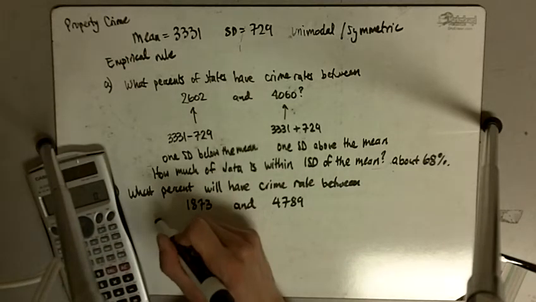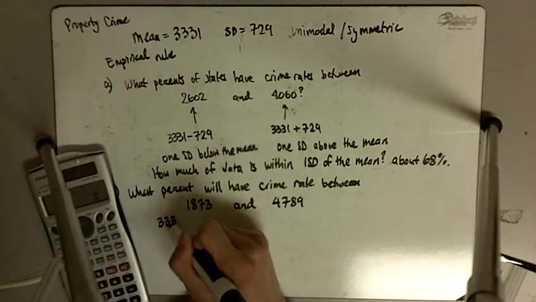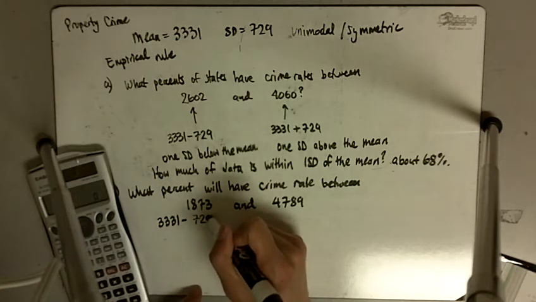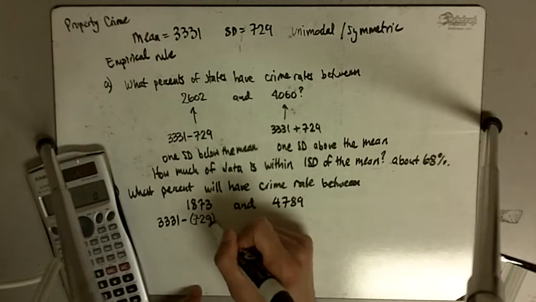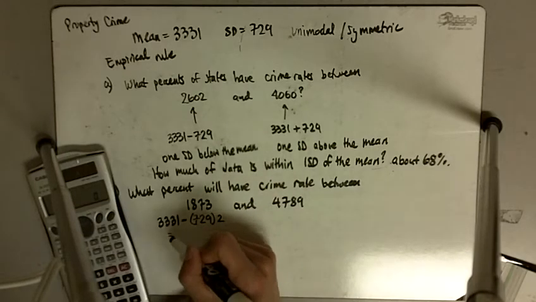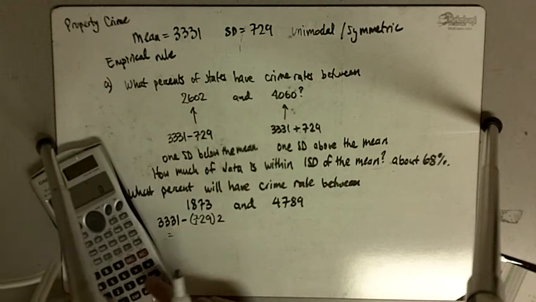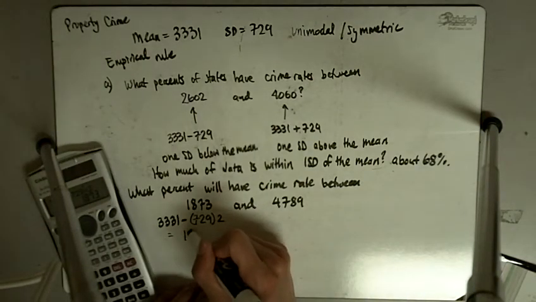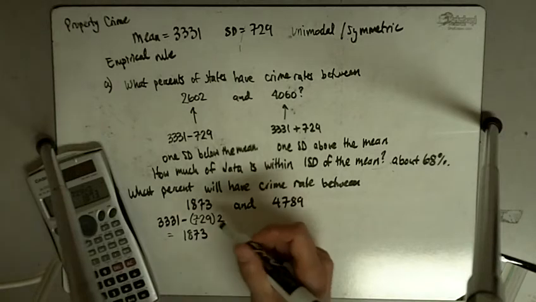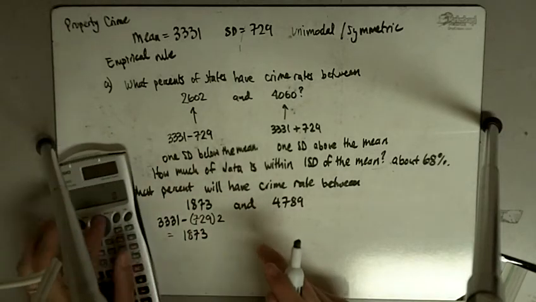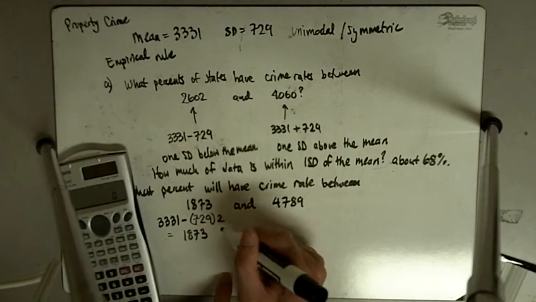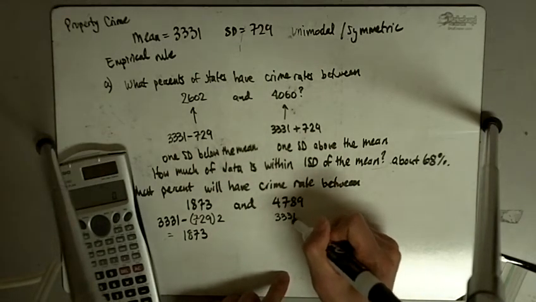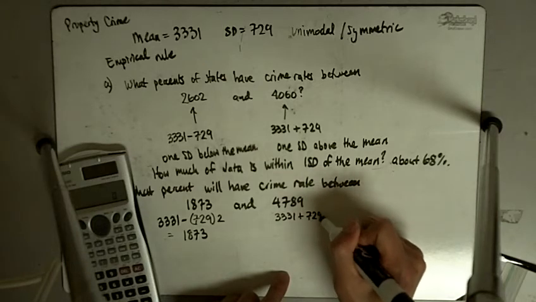We're just going to do a little bit of guess and check, so we're going to do 3331 minus, and I'm going to try 2 standard deviations below the mean. So each standard deviation is 729, and I'm going to multiply that by 2, and let's see what happens. 3331 minus 729 times 2 indeed gives me 1873. And again, if you don't have a scientific calculator, you might have to do the multiplication first and then do the subtraction. And over here, if I check 3331 plus 729 times 2,